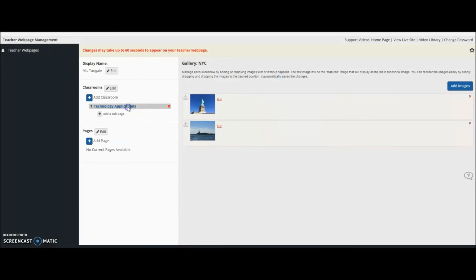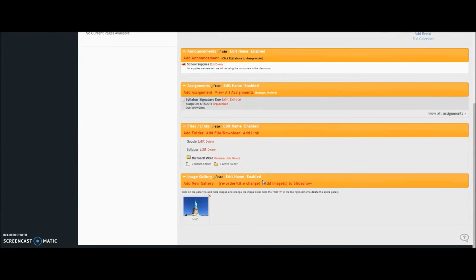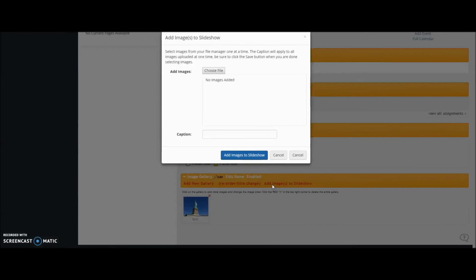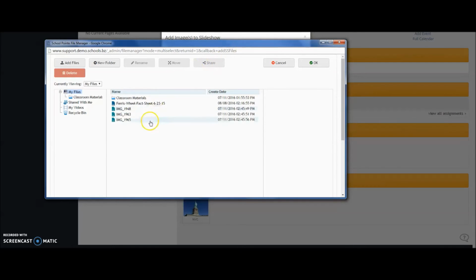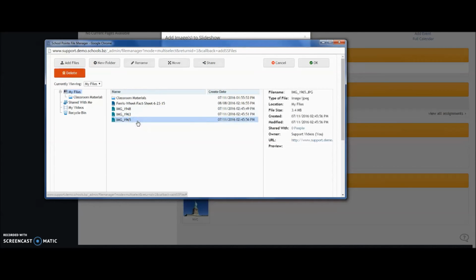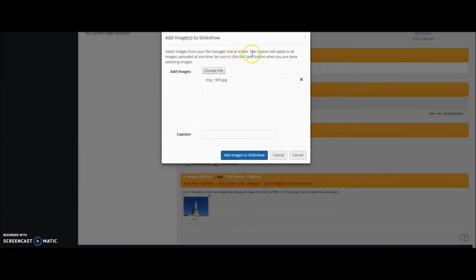If we go back to our Technology Applications page, you also have the option to go down here and add images to a slideshow. So if we go down here and click on that, you can see that we have to go in here and choose our images. So if we click on Choose File, our file manager comes back up. I'm just going to go ahead and select a file that is already here. So I'm going to click on this one. And you see right here for this one,